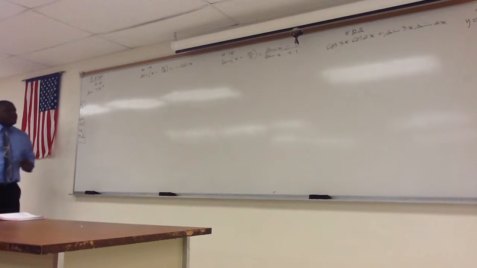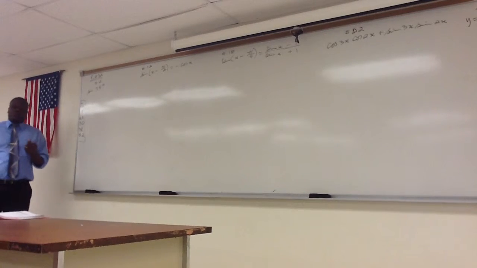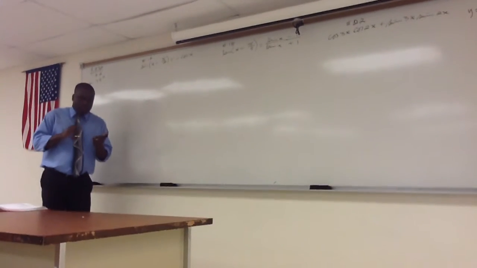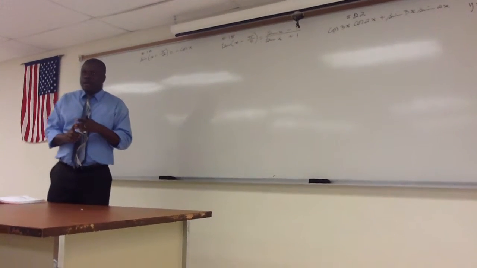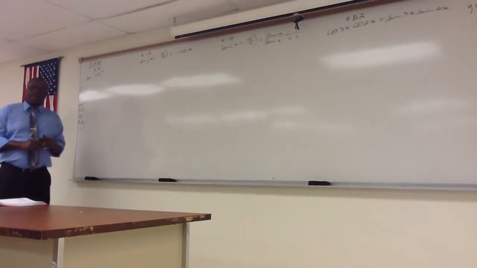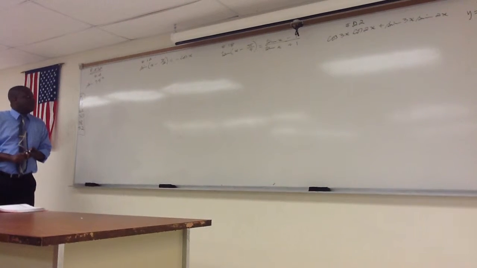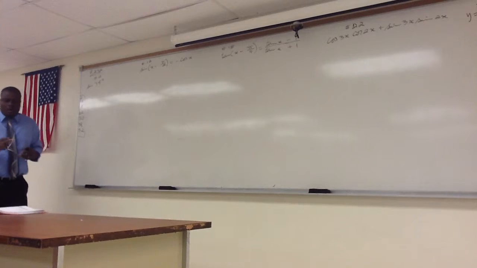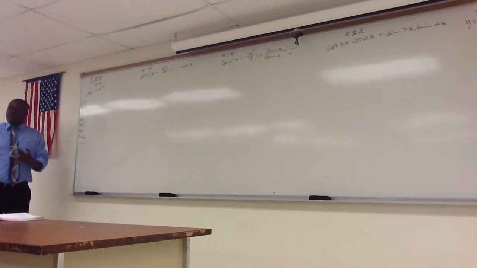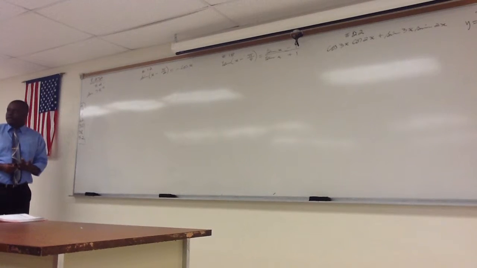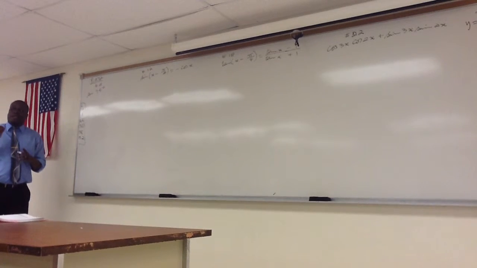Here, you're asked to use the exact values. Whenever they say use the exact values, you're going to find a combination of 30, 45, 60, 90. Whenever we say do not use your calculator, some people think that they're smart, they use the calculator. No. When we say do not use the calculator, that means we want you to provide the answer with the square roots and the fractions and all that. We ask you to use the exact values to come up with the exact answer for this one here